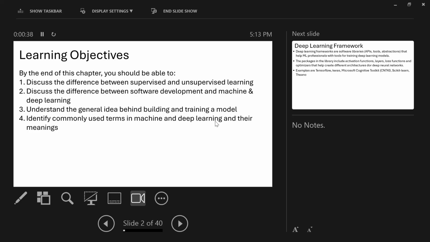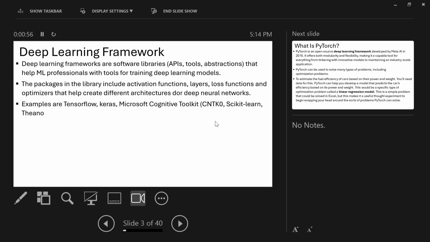So at the moment, I don't know, maybe some of you might have a bit of background in AI. So maybe a few of you will be able to do all of these things. Or maybe all of you already have the idea, but we are still going to go over it. So we'll talk about the deep learning framework, because for this particular course,